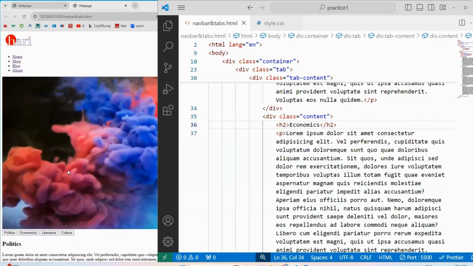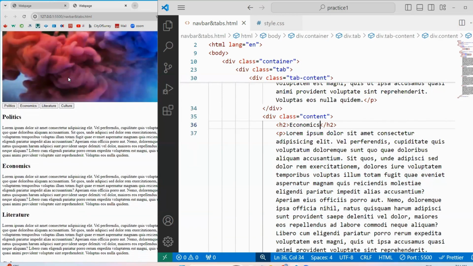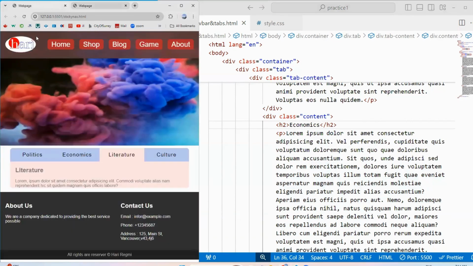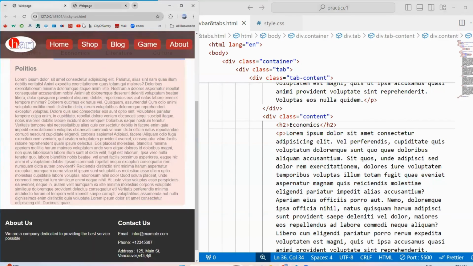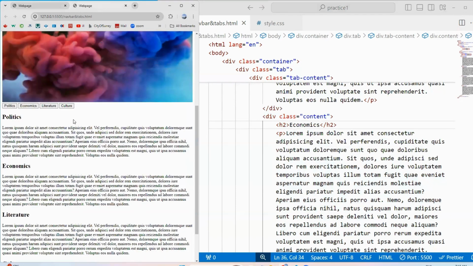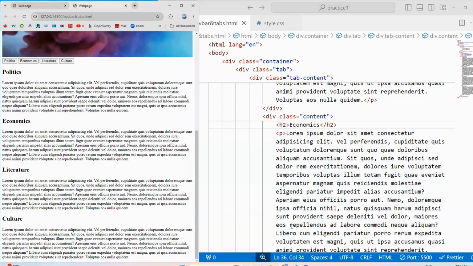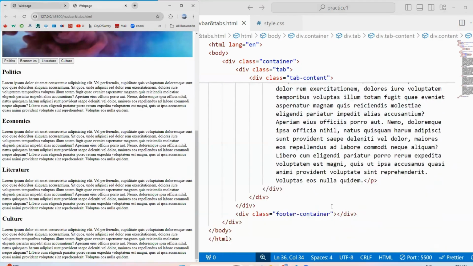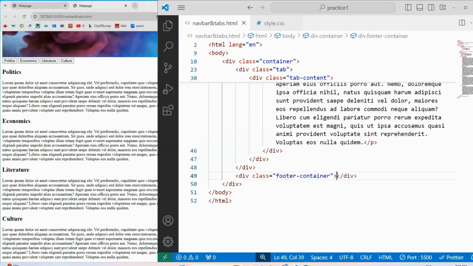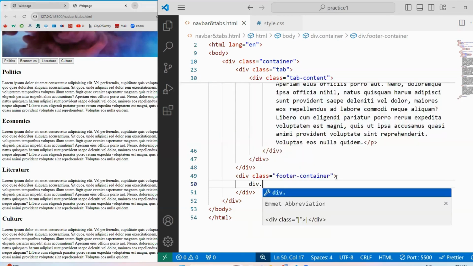Hey, we are done designing HTML for this as well. Okay, we'll use CSS designing to make this web page nice. Okay, now let's move on to our footer page. Footer container, I want inside footer content, I want to leave that footer